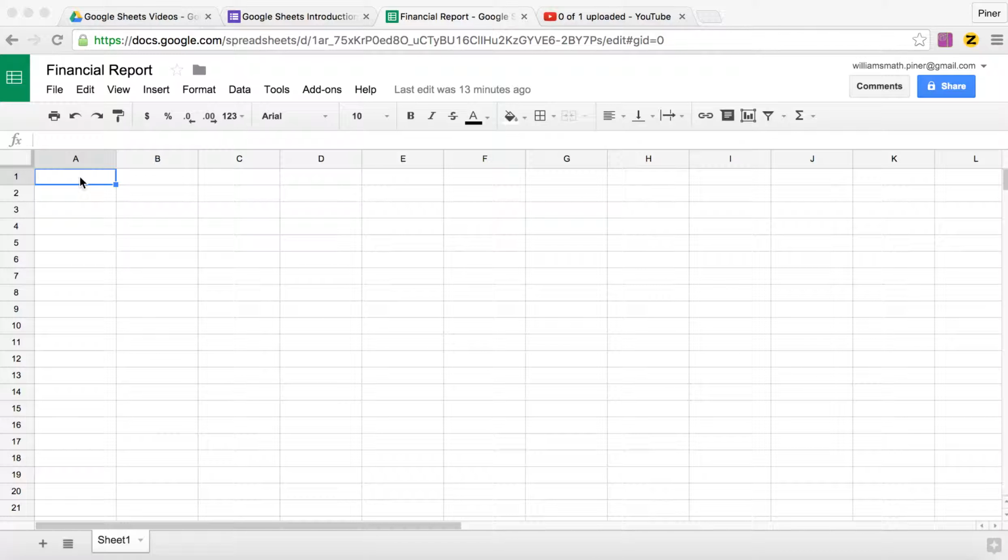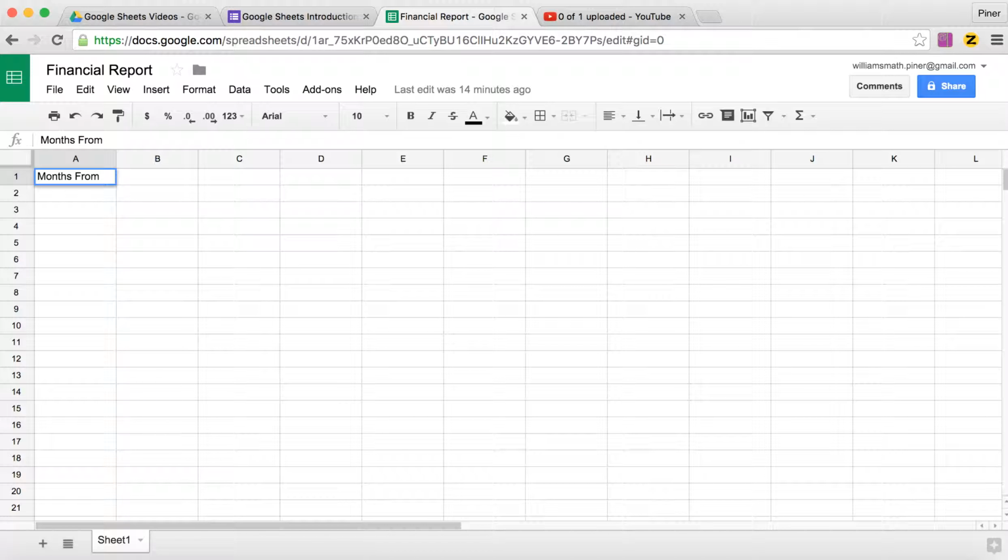Let's look. I'm going to make my first column. So I'm going to title column A in cell 1A. Notice that this is column A. All of this is column A. And this is row 1. And so this cell or box is cell A1. And I'm going to title in cell A1 months